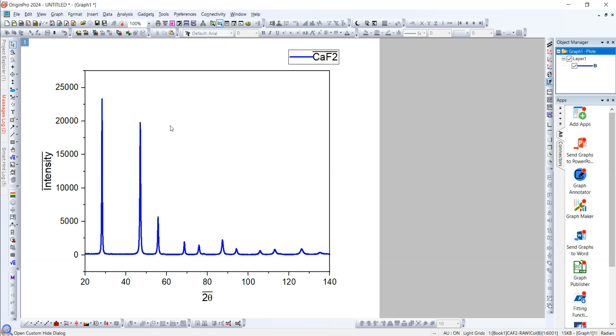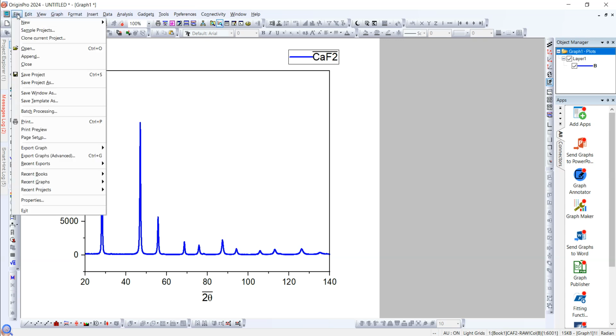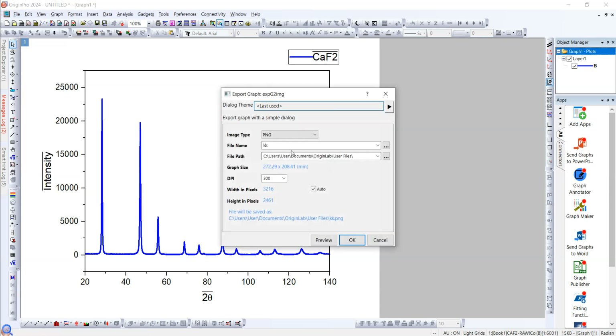So, if I want to export this graph as a JPEG format or image format, I can use the file option, then export graph, and click on the open dialog option. You can see that there are types of image that you can use, for example JPEG, PNG, or even PDF. So I like the PNG format, and I write